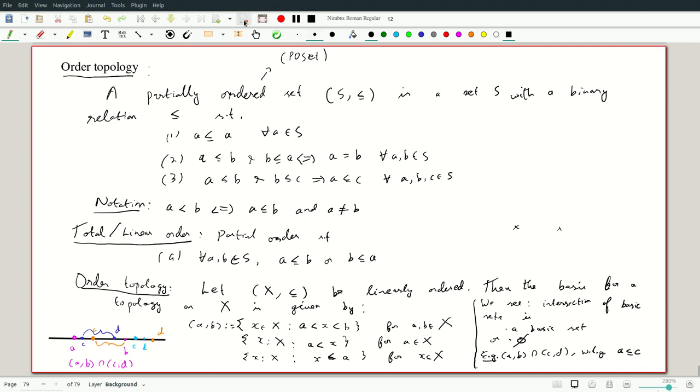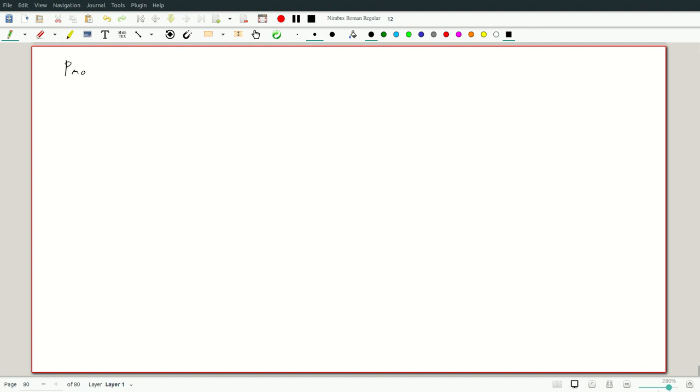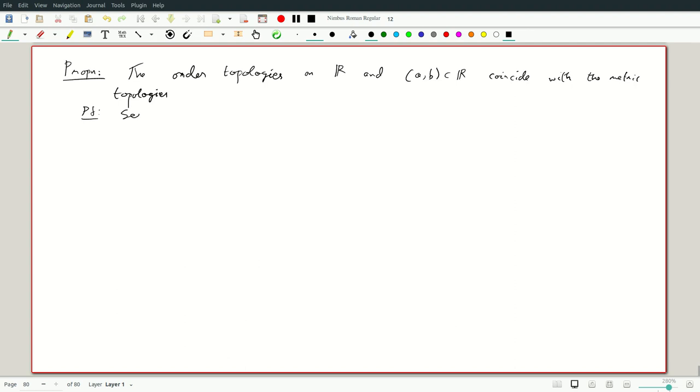Also, without trying to prove these things, I will just state a proposition. The order topologies on R and an interval AB in R coincide with the metric topologies. So well, proof is just to see that a basic open set in one is open in the other, and for that it's enough to see, given a basic open set in one and a point,